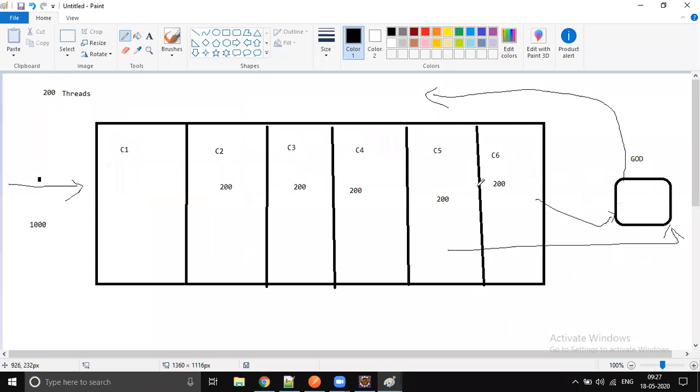So we're going to send batch by batch. Consider that the temple management people, Tomcat, will send 200. Once the 200 threads complete the response, once the 200 devotees complete the darshan, then we will send the next 200 people. Here also it's the same concept.